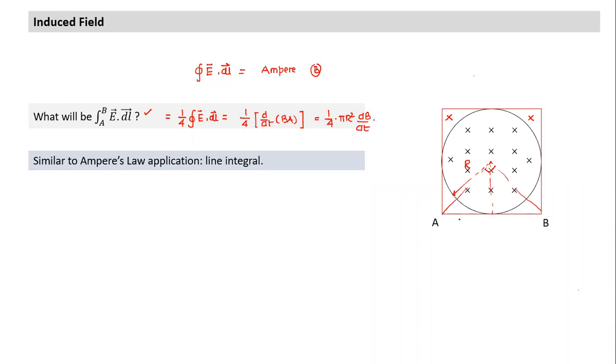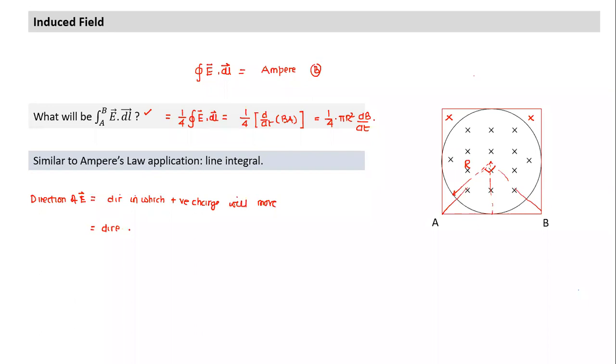And what will the direction be? Will it be positive or negative? Can we tell whether E dot dl will be positive or negative? To understand that, let's first figure out the direction of E. Which direction will the field act? The field will act in the direction in which a positive charge will move. So how would you find the direction of E here? It is the direction in which the positive charge will move, which is equal to the direction of current flow.